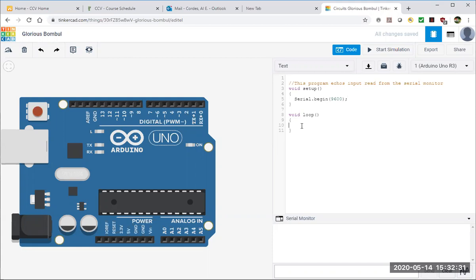Okay, now in the loop, we're going to have what's called a while loop. And as I explained in the text, the while loop has to be followed by a Boolean expression in parentheses. A Boolean expression is any expression that's evaluated as being either true or false. Now, in this case, the Boolean expression is going to be